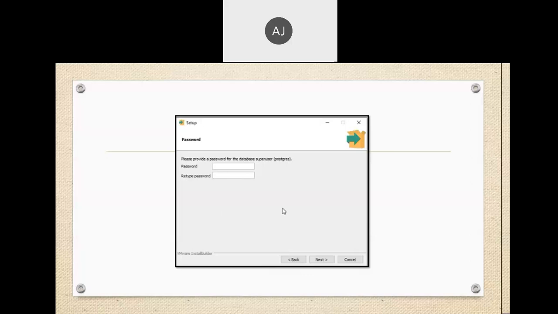So for that reason, use a simple password, for example admin password or your name, whatever it may be. Just use a simple password and don't forget it. If we try to reset that password, we cannot do that, and the whole data will be lost. So make a note of that. We need to enter the simple password.